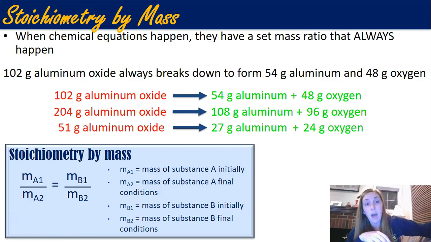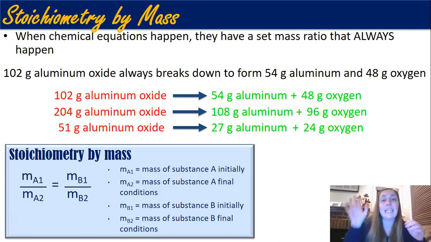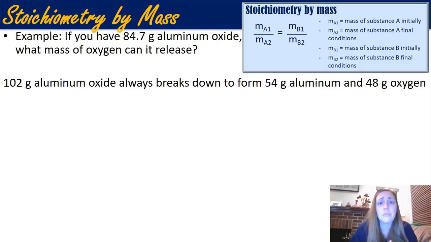Make sure the top has the initial stuff talking about the same scenario, and the bottom is talking about the same scenario. Make sure left and right, left has its own substance, right has its own substance. So be very careful. You're probably going to want to label some stuff when you answer these problems. So if you have 84.7 grams of aluminum oxide, what mass of oxygen can it release? Okay, well, we have 84.7 grams of aluminum oxide, and we also know from before,